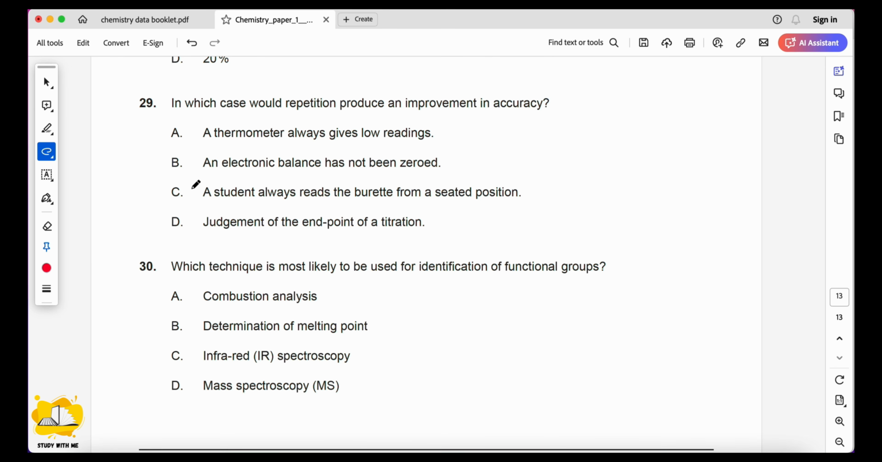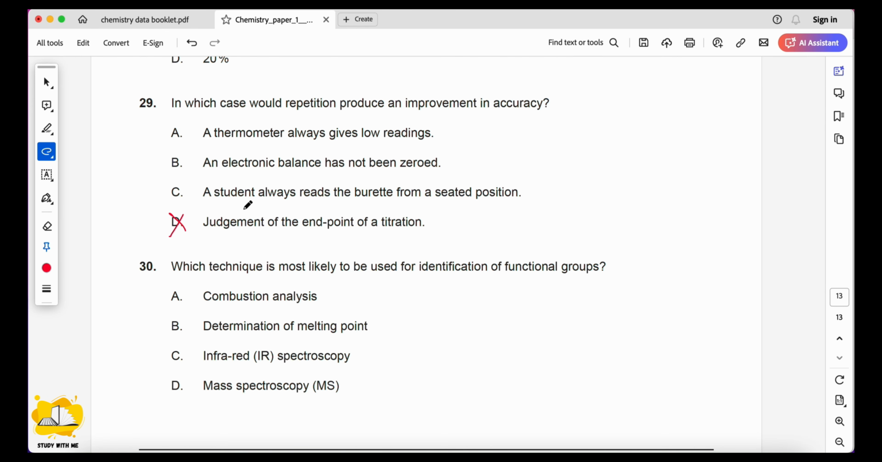In which case would repetition produce an improvement in accuracy? You need to judge the end point of the titration. So if you repeat the experiment, the accuracy will be improved as well. So when you judge the end point of the titration, this will be repeated as well. That's why D is